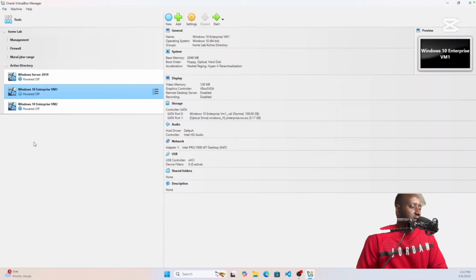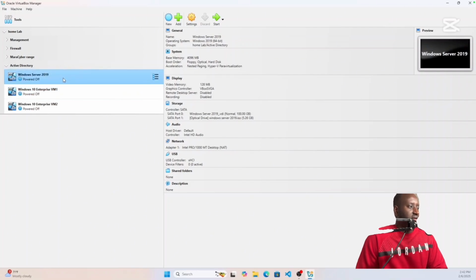Okay, now it's good. I just wanted to change the name, make sure that they have the same name. Okay, so now that we have them too, let's start with our Windows Server, and just right click and then